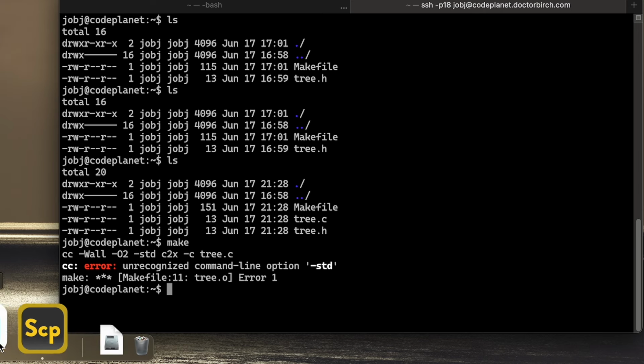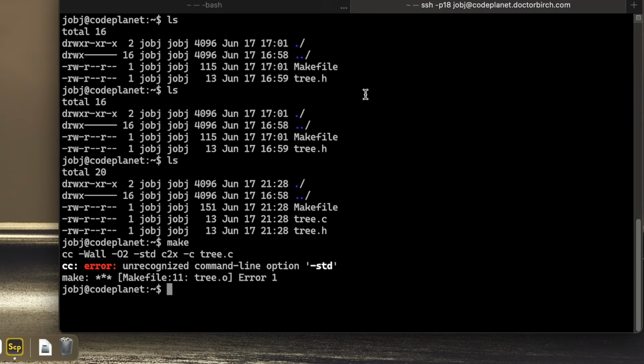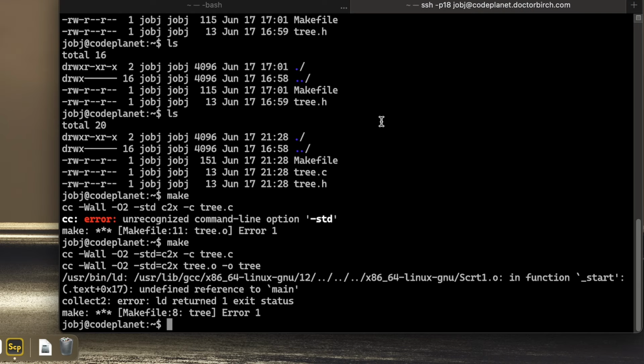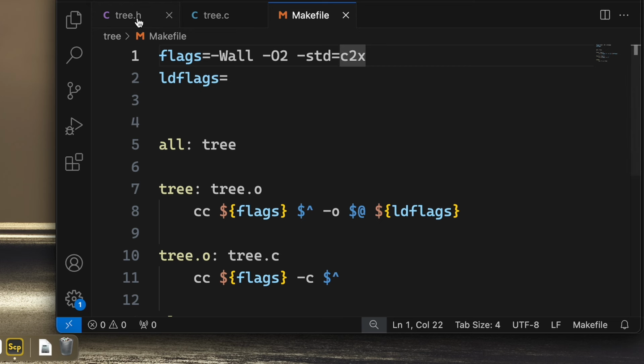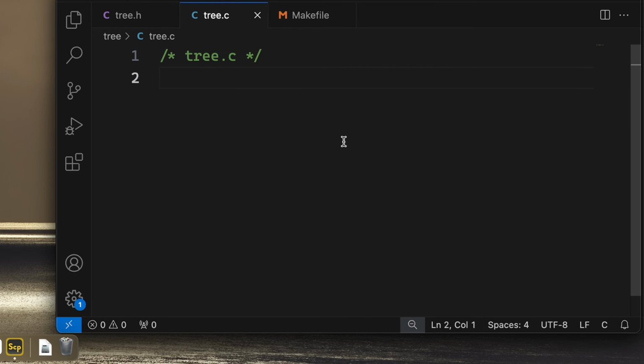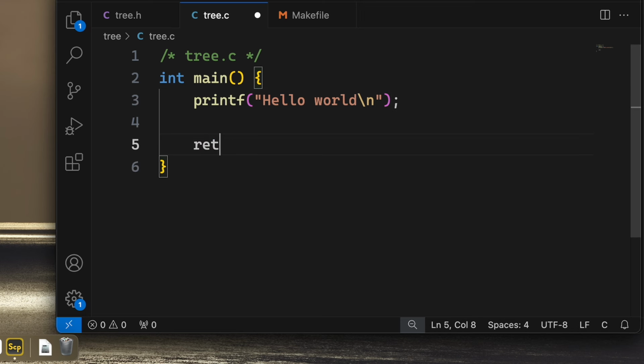Okay, I need to do double of this, I think. -std, oh no, it should be -std=. There we go. So the only error now is that the file is empty. So let's remedy that. I will simply create an empty main, and let's do hello world, like so. We return 0, and we